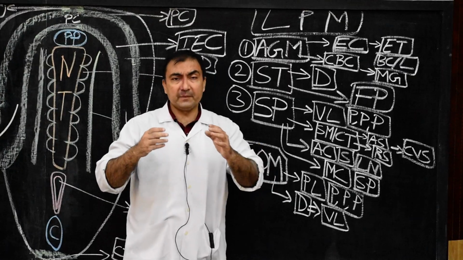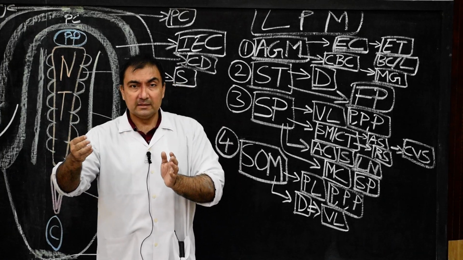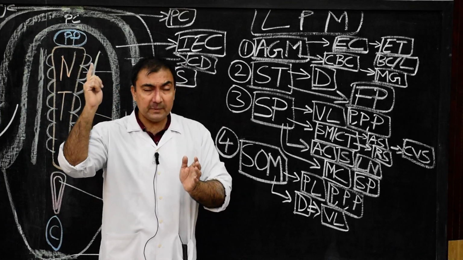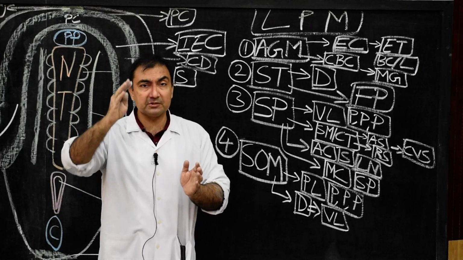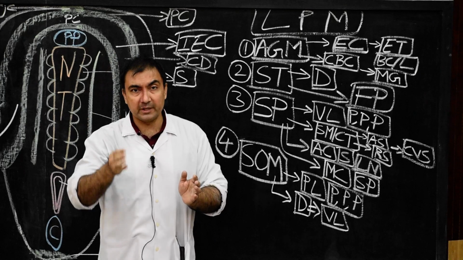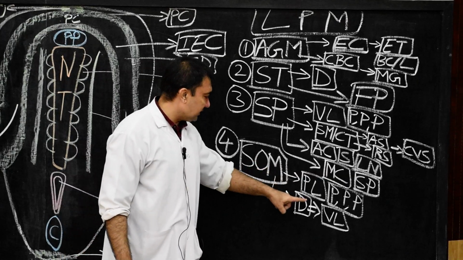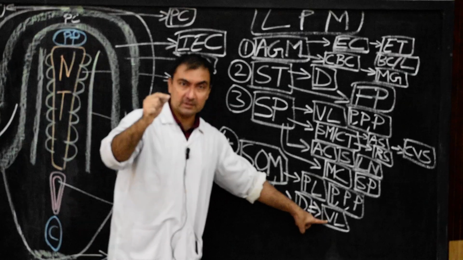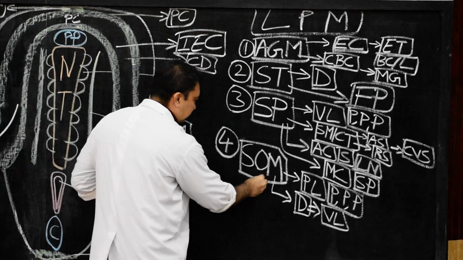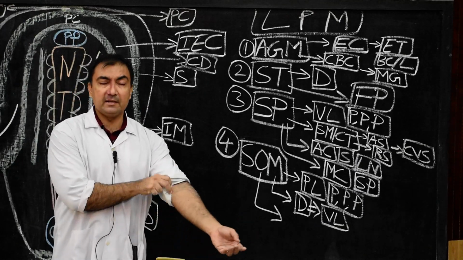Now if you recollect, in somites I had discussed with you sclerotome, myotome, dermatome. That dermatome from the paraxial mesoderm, from the somites, developed into dermis, but that dermis was limited to the dorsal region of the body wall. Here this dermis which is developing from the somatopleuric layer is limited to the ventrolateral body wall. Please note down.